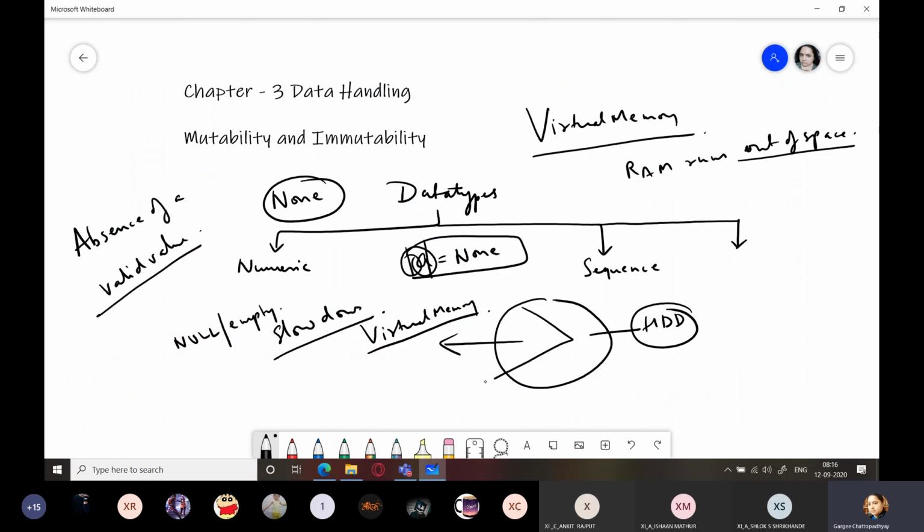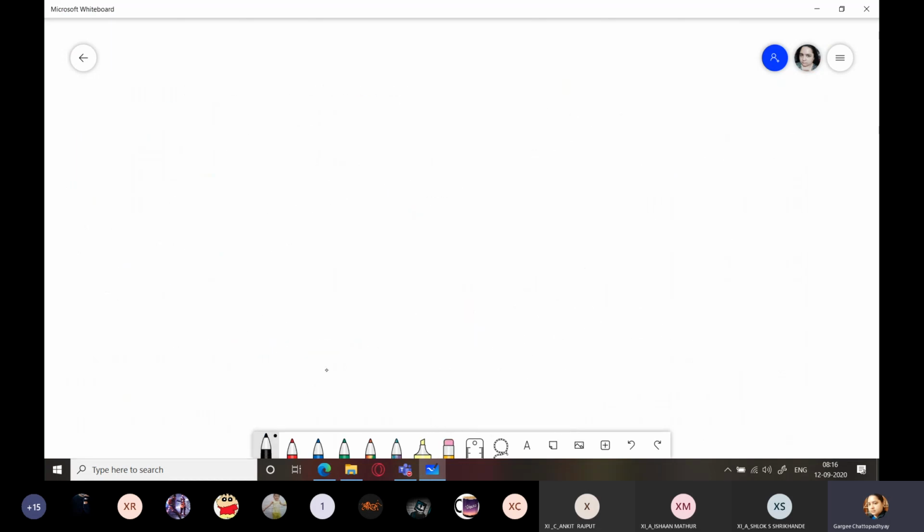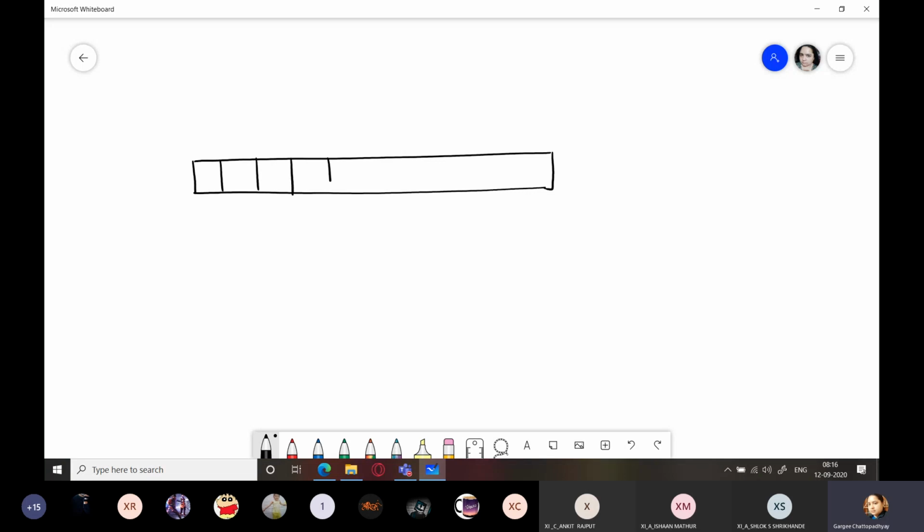Sequences have three types: string, tuple, and list. What are strings? They are a group of characters. They are a continuous array of characters which are stored in sequence and in consecutive memory locations like this. I write hello world. So each memory location will be having an ordinal number which is known as, can anyone tell me this is known as what? These numbers are known as?